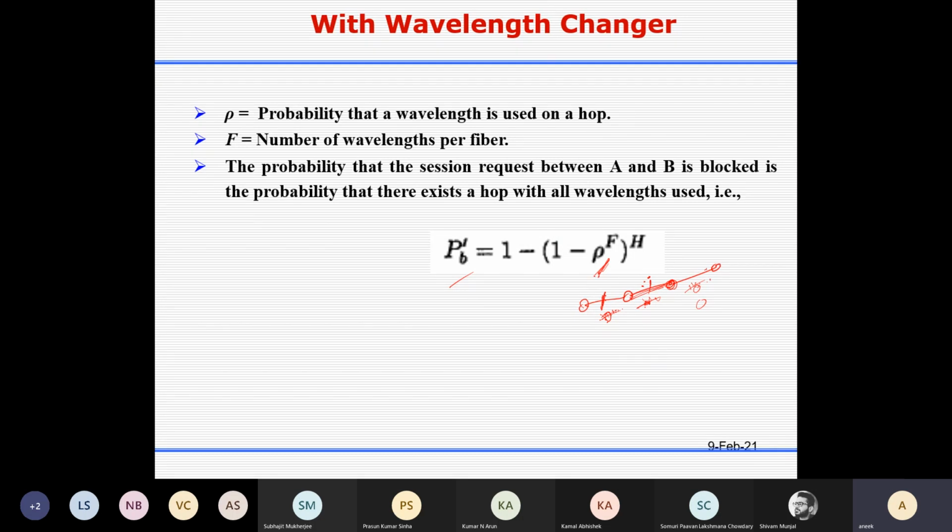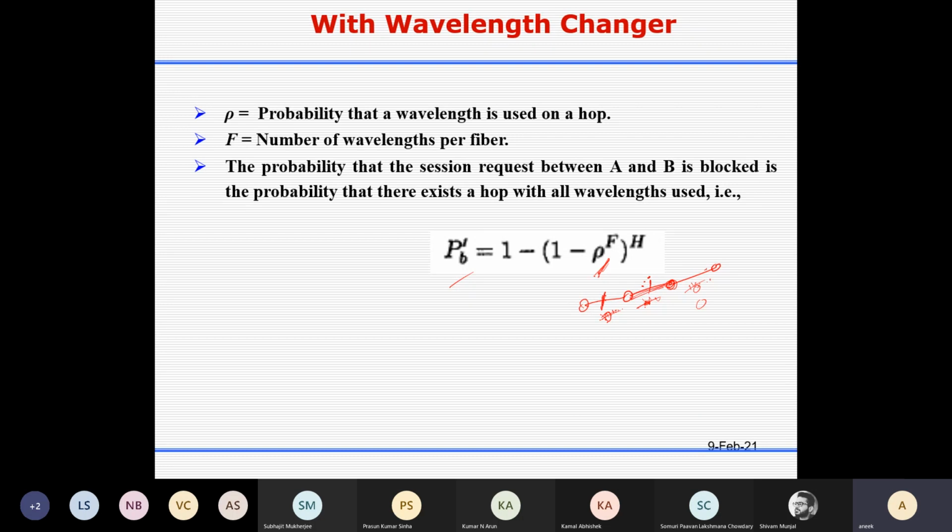Actually, what people do is change the load. So instead of 1,000, you make it 2,000, 3,000 like that, and then find out the blocking probability, because the impact will change depending on the number of connections which arrive to the system.